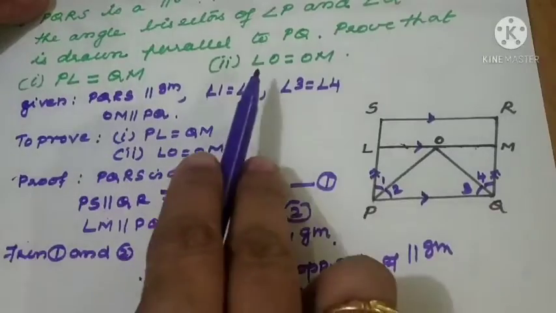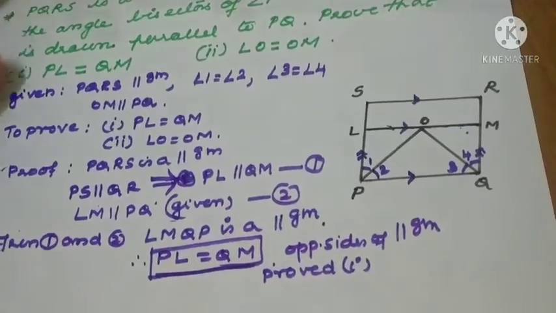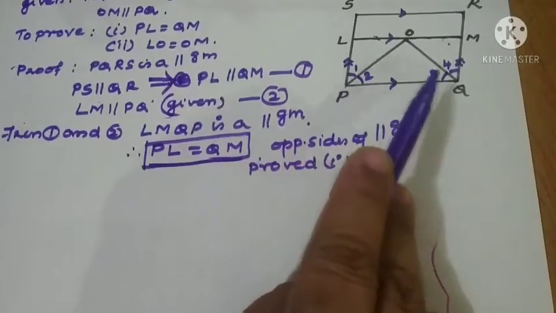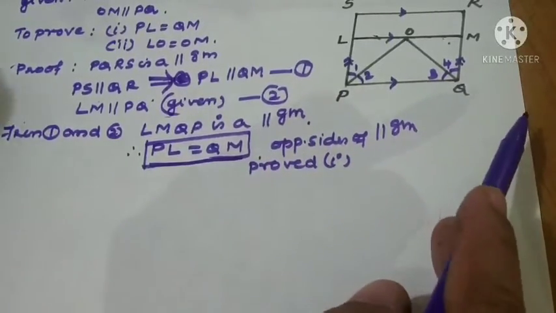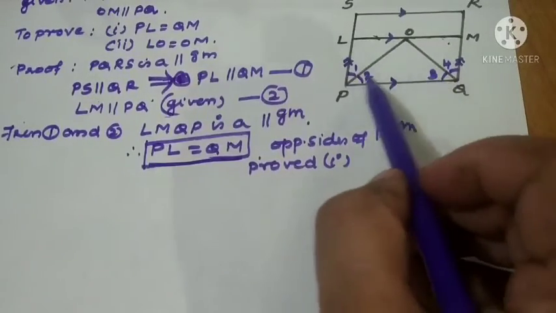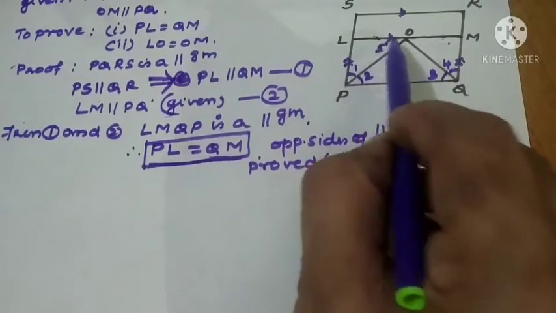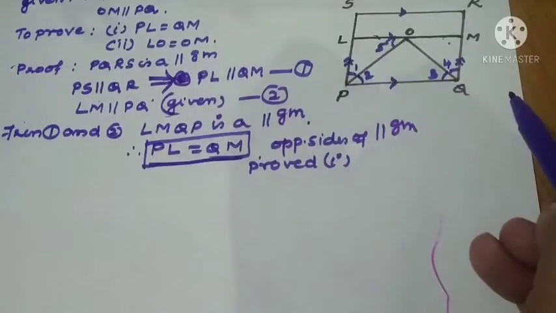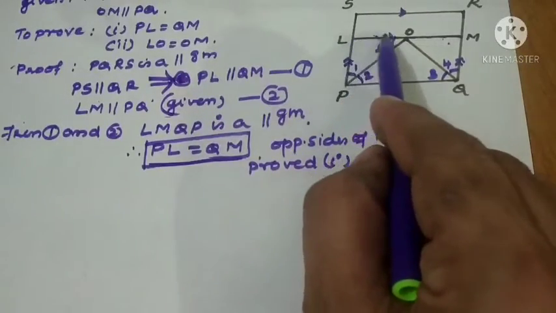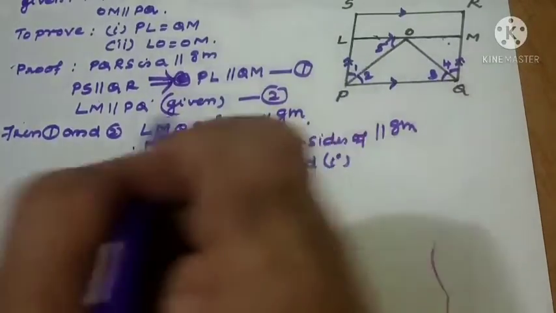So the first part we have proved. Now what is the second part? LO and OM are equal. LO means here, OM is here. That should be equal, we have to prove now, right? So what is the next part? We can write angle 1 equal to 2, angle 3 equal to 4 by the bisector property. Now we have proved PQML is a parallelogram. If I mark one more angle, already 3 and 4 I marked, 5 let us take. So what about 2 and 5? 2 and 5 are also equal by the property of alternate interior angle. Just see. Right, because we have proved that PQML is a parallelogram.